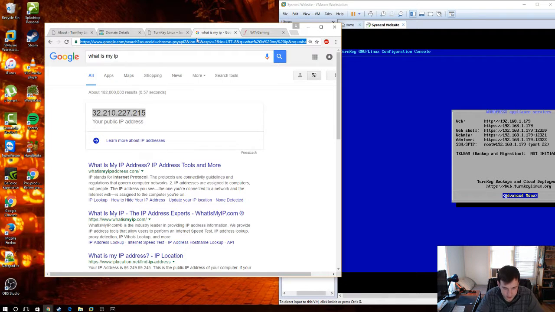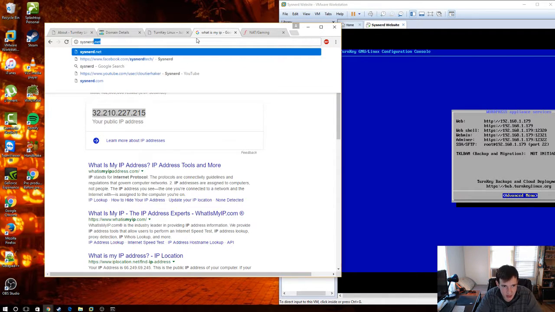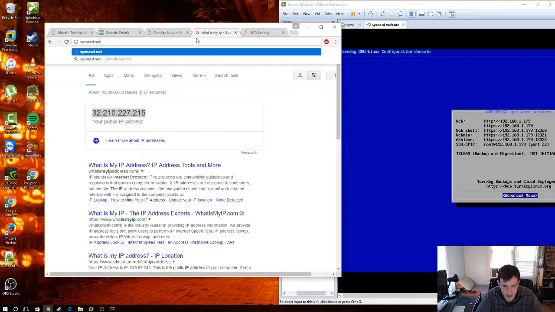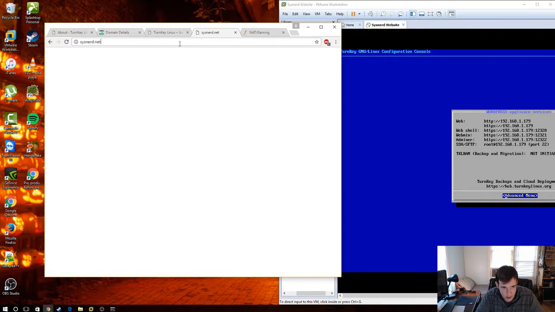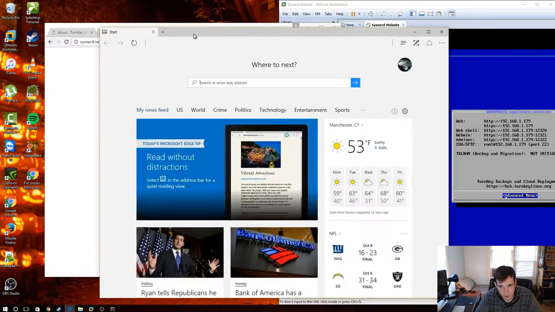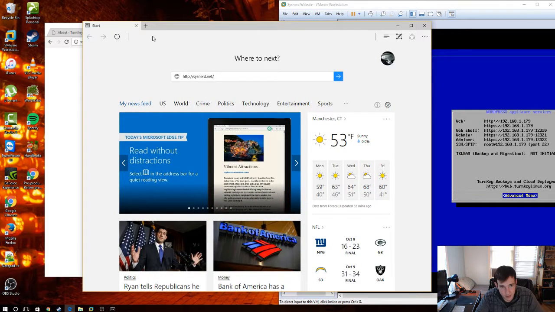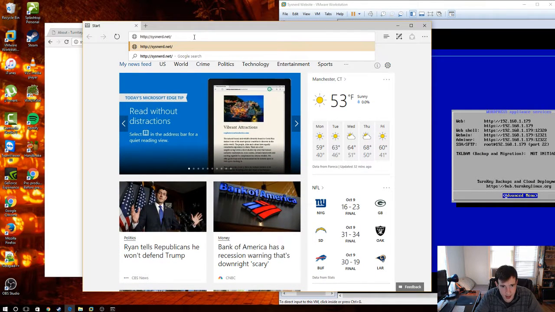So now, sometimes it might not actually go right away because you have something called caching, which basically saves the old website and doesn't get rid of it until later. But if I type in sysnerd.net now, you can see that we're kind of stuck here. But if I open up another web browser, which hasn't had any caching done, and we go to sysnerd.net,